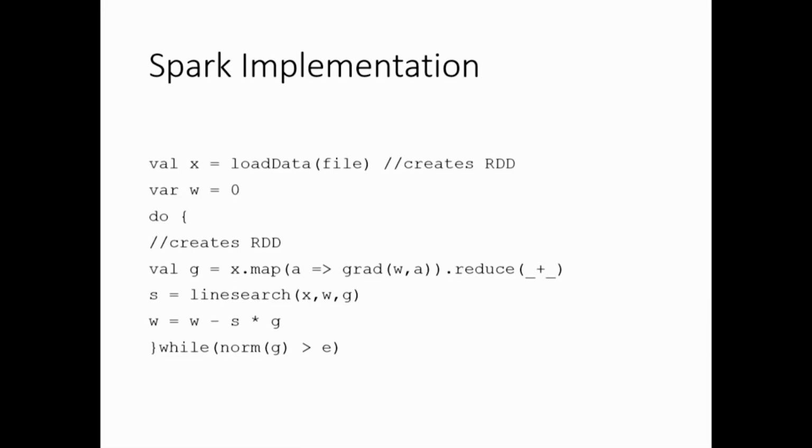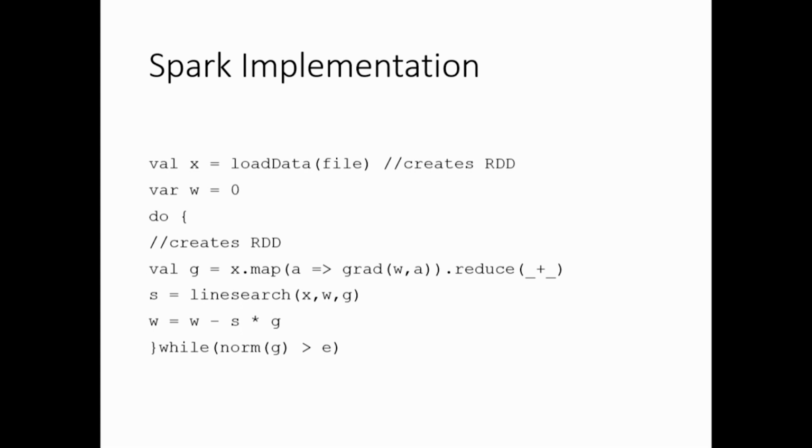Gradient is a vector of what size? What is the size of the gradient? Number of parameters, same as w. So it creates a vector, that is the mapper. Then you just add the gradients over all the data points using the reduce function, you get the gradient,